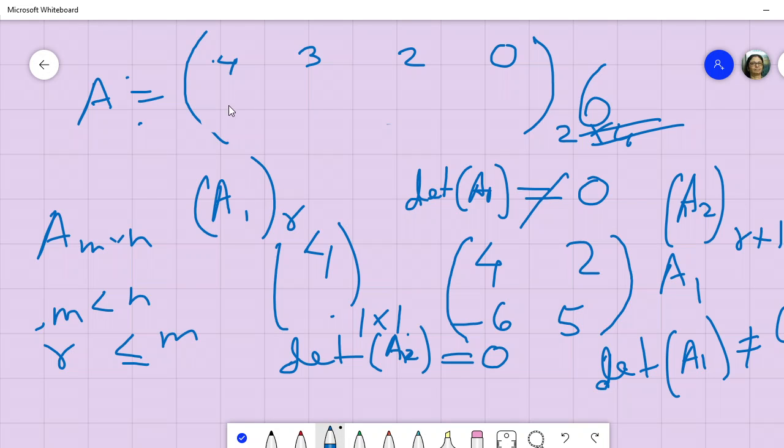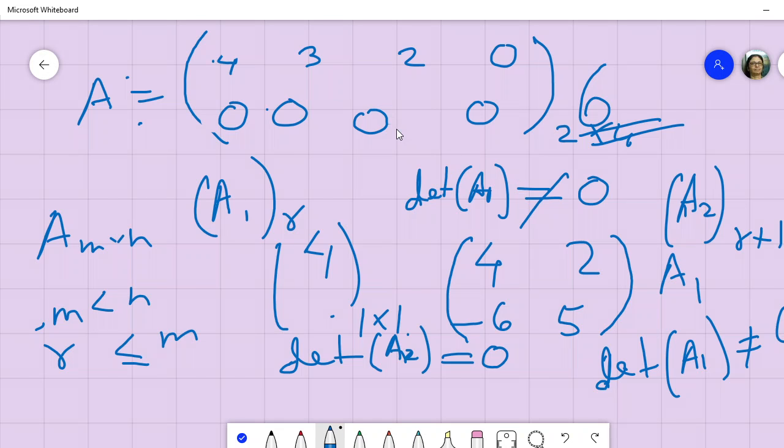So this is 0, this is 0, this is 0, this is 0. So all are 0. Then obviously all the determinants of order 2, of the submatrices, will be 0. So 4 3 0 0, this is 0, 3 2 0 0, all are 0. So